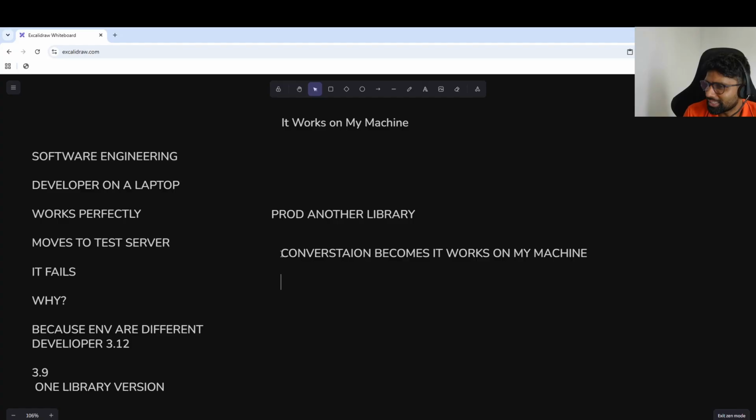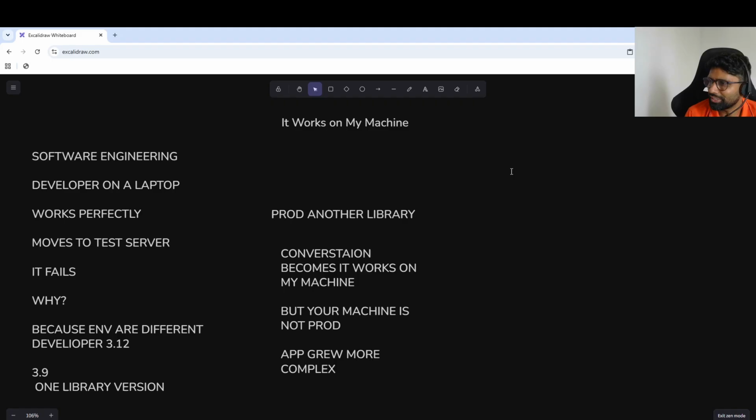And the operation teams respond, but your machine is not production. This problem became very painful as applications grew more complex.